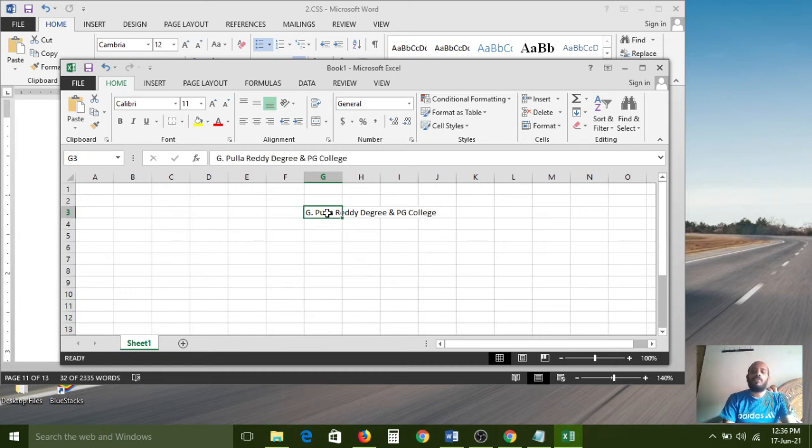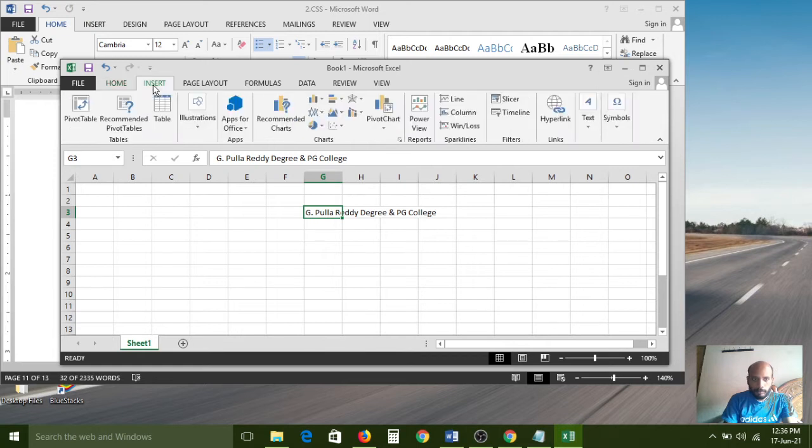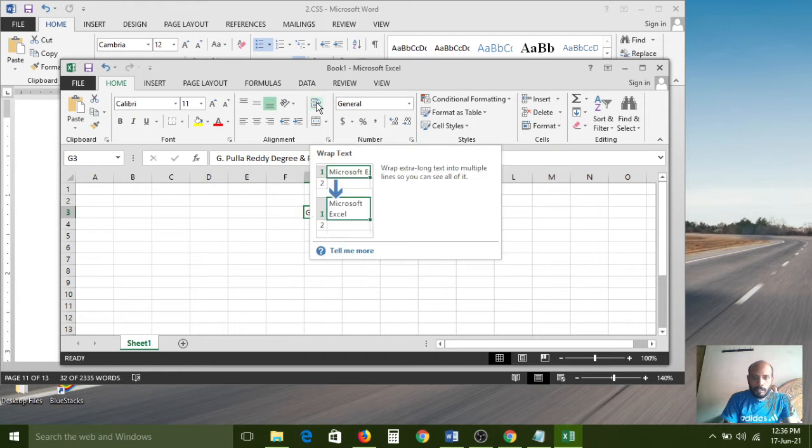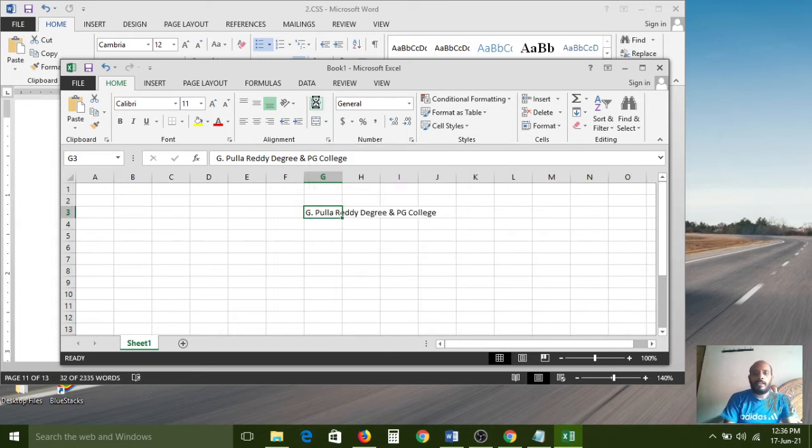Now I don't want it to cross. So the word-wrap property is there. Searching for where it is, in Home, this is Wrap Text. If you click it, it automatically adjusts.